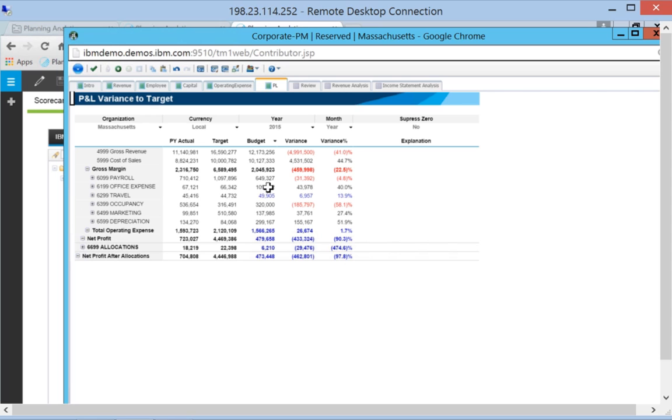I can see where my budget is sitting versus what my target was given by corporate. So you can see here my revenue, I'm still way under what corporate wants me to do as far as revenue goes. But as far as total net profit, I'm way under. So I've got some major changes to do to this budget before I'd actually submit it in reality to my manager. But as far as